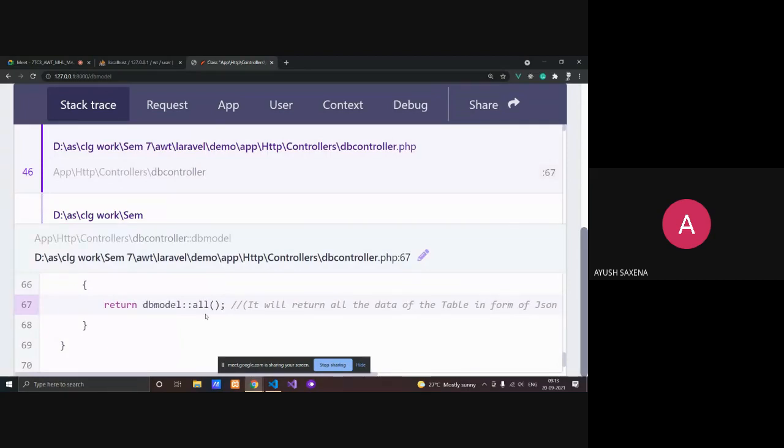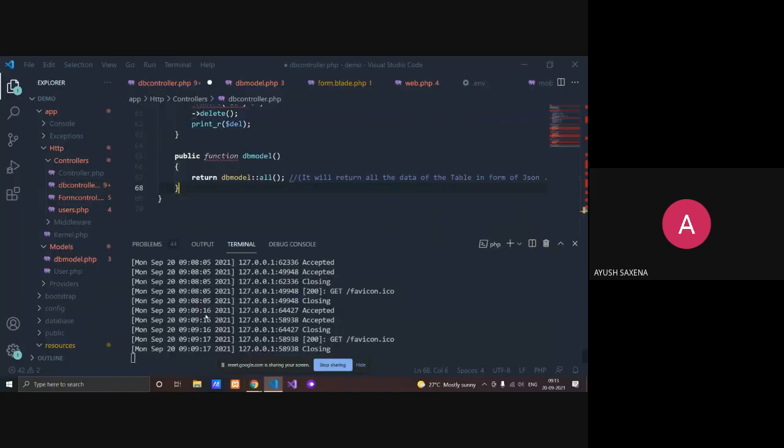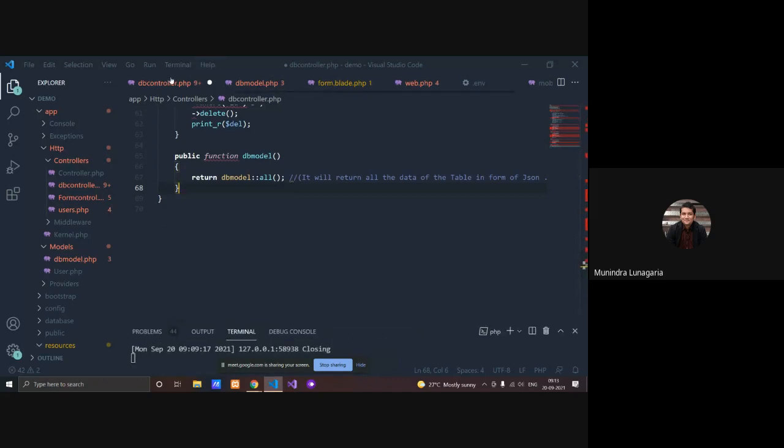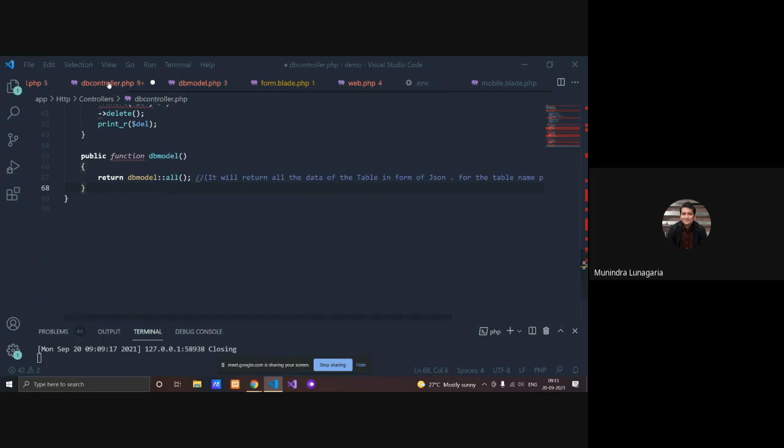Okay. Fine. Just go to the controller first. There is a red line in the function, so something is wrong. So kindly write the manual code.